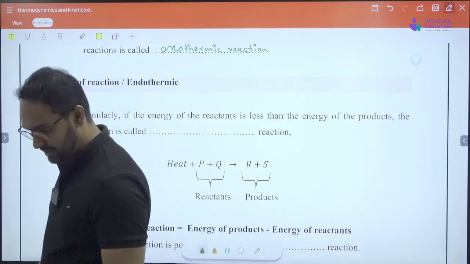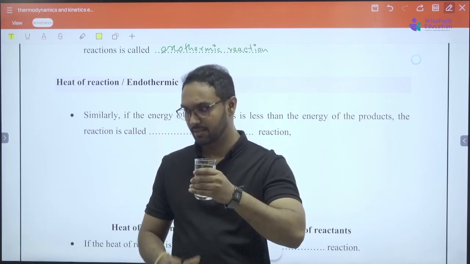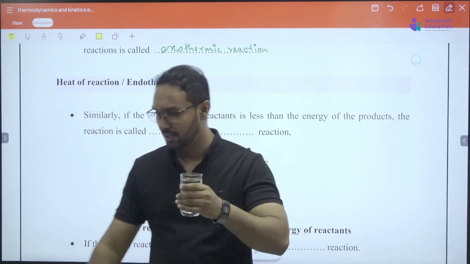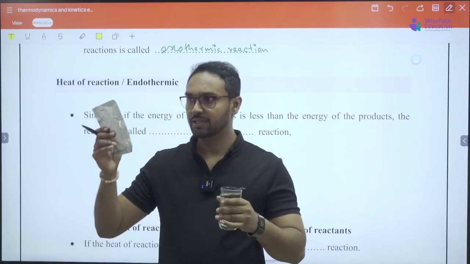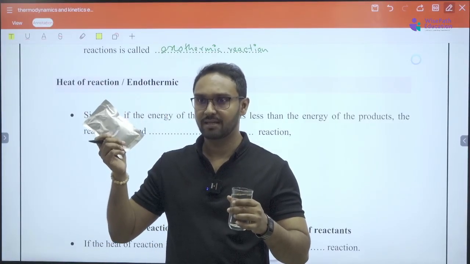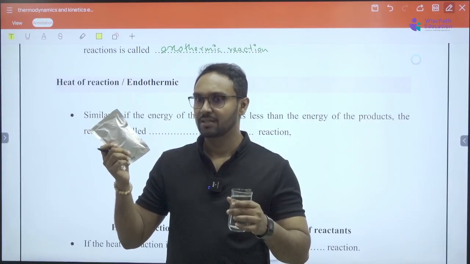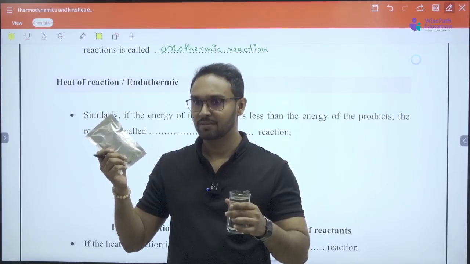So now this is a glass of water, and if I put a bit of glucose into it, depending on the reaction, the dissolving of glucose in water should feel cool because